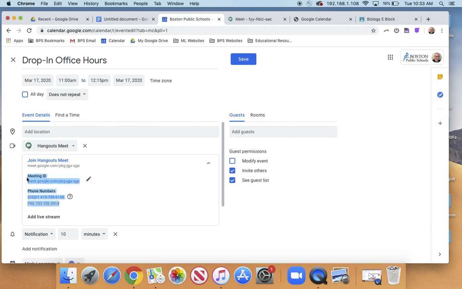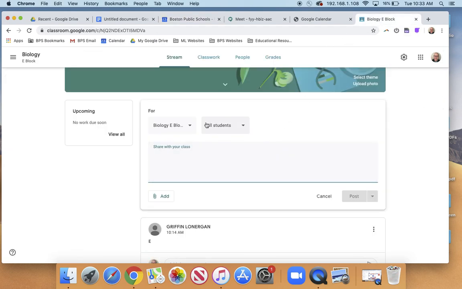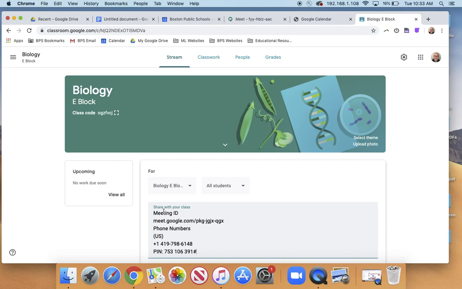I'm going to copy those two things before I save this, and then I'm going to go over to my Google Classroom page to share that link with others. I've got a Google Classroom for a fake biology class, and so I go to the top of that and I just would use the announcements at the top of the page to say, hey,